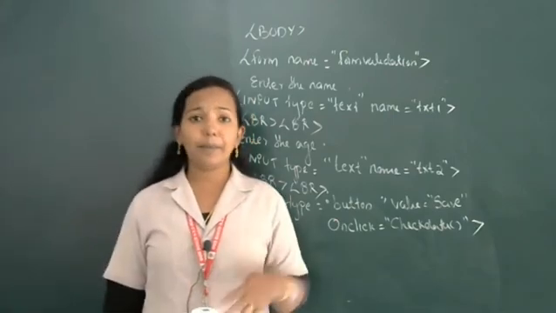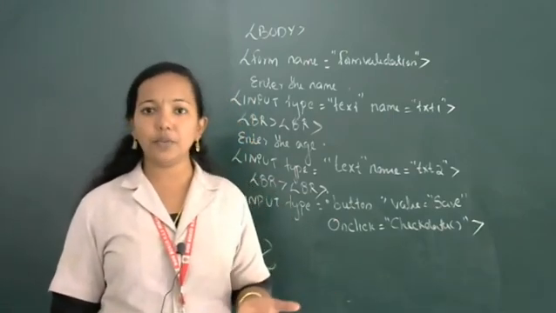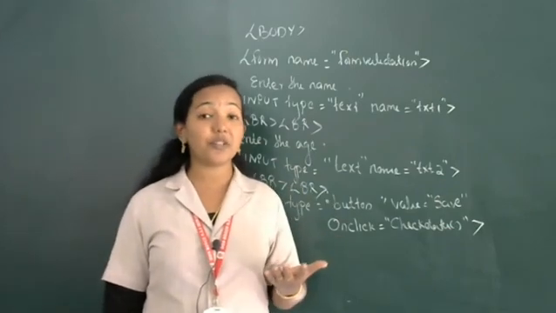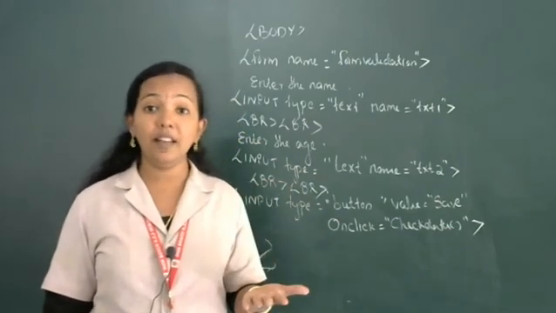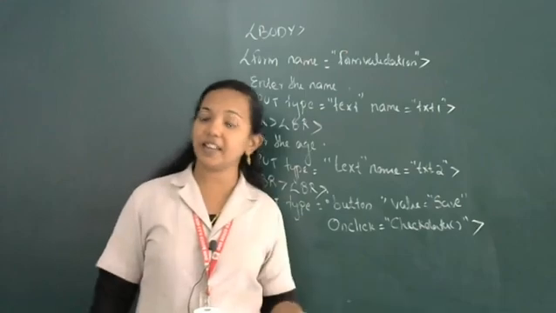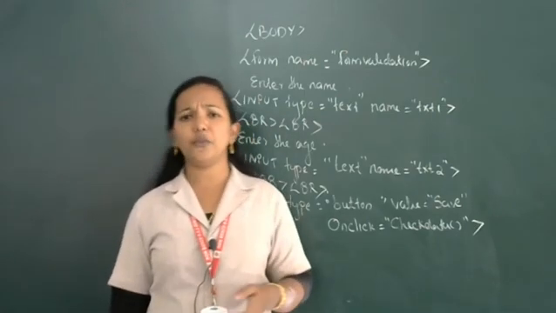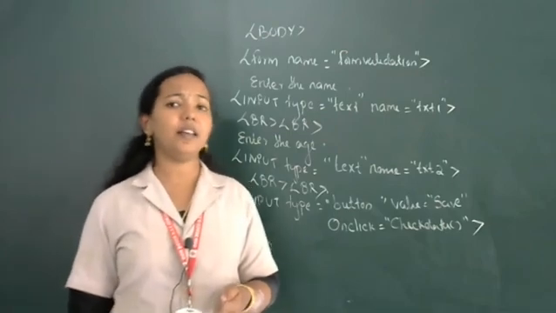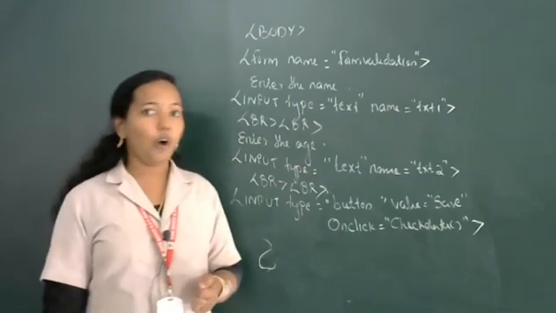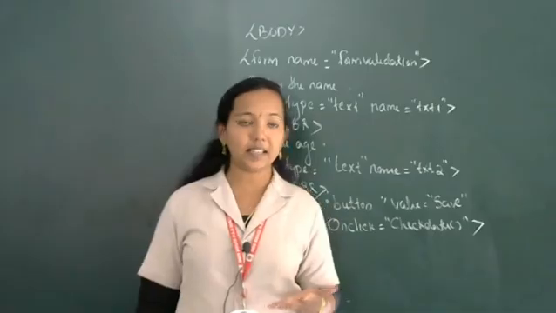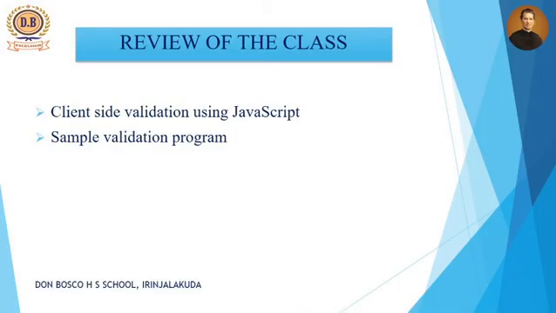Then uppercase and lowercase, that also we can use. The name in some registration forms should always be in uppercase. If it is small letter, we can convert it into uppercase. That kind of small animation and also validations we can perform using JavaScript. Hope you understood. Again we will revise the topics that we studied, how we are executing validation statements using JavaScript with the help of a sample program.